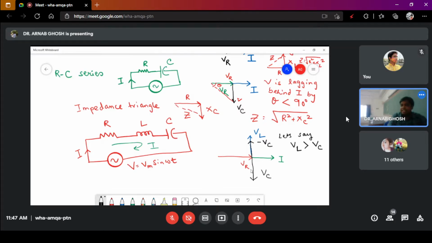This part up to this part will become VL minus VC. Now if you draw this, V square will be equal to VR square plus, that is, VR square minus